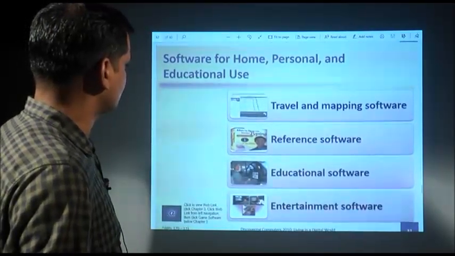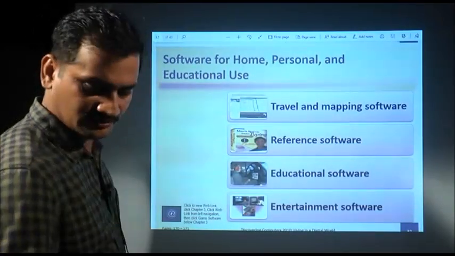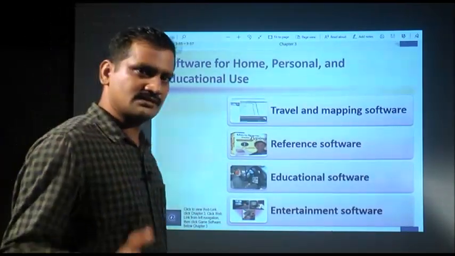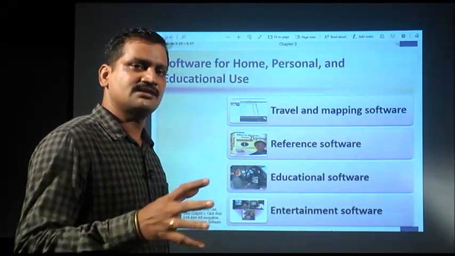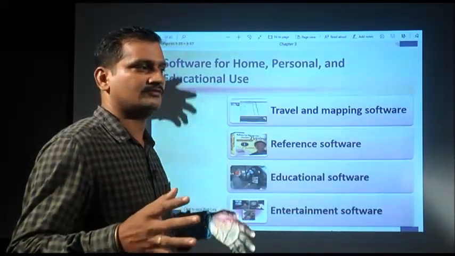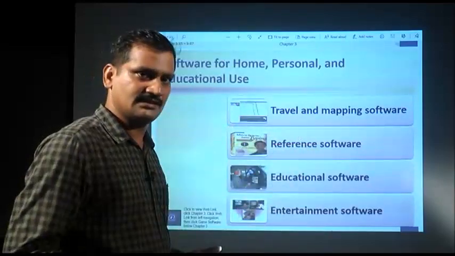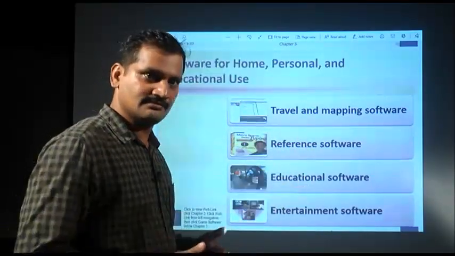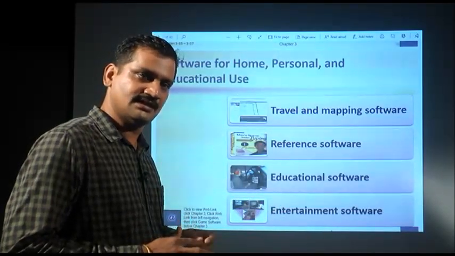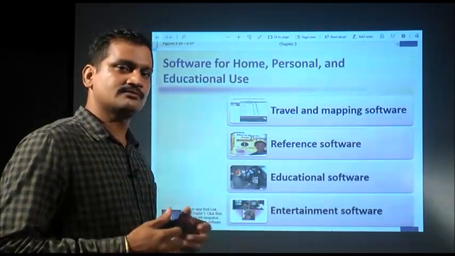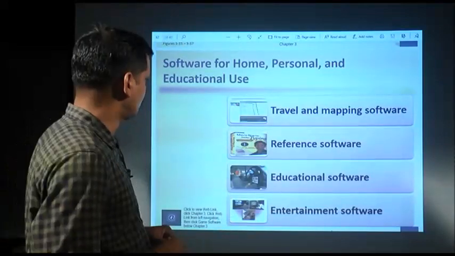A vast number of applications are there for which application software is used. System software is limited, the system activity is limited, but for application software there is no limit to how many there are and in what ways they help. There are many areas where application software helps, and it is used for a lot of purposes.